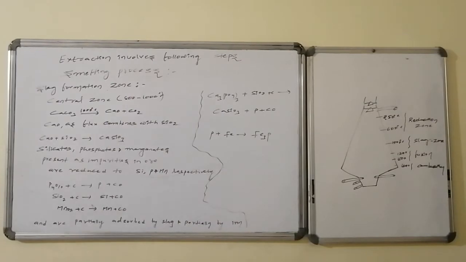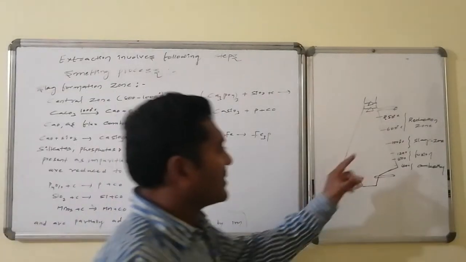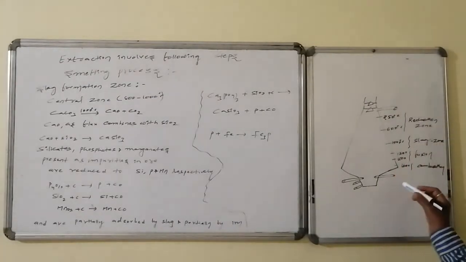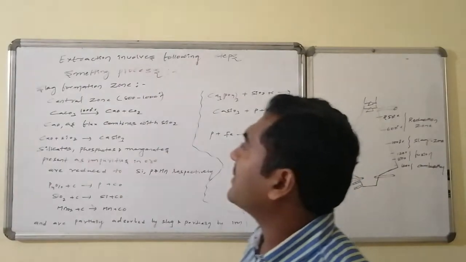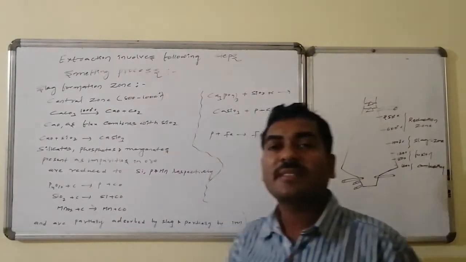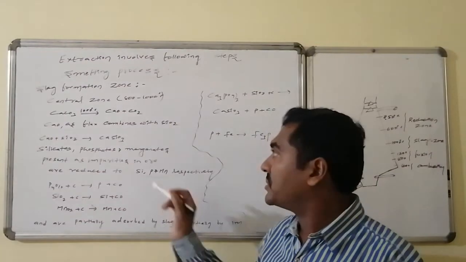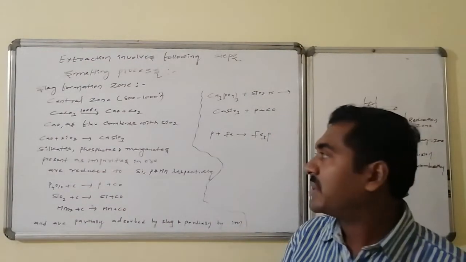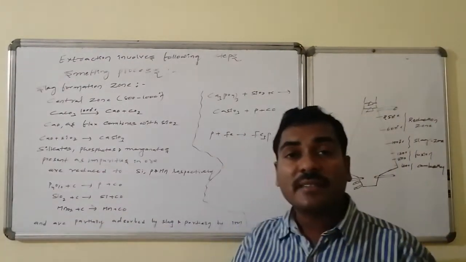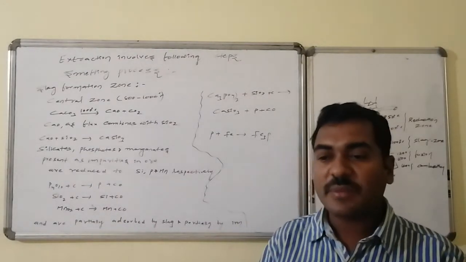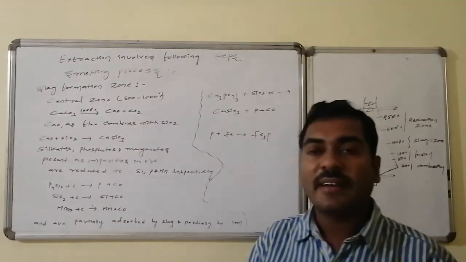Next one is the slag formation zone. It is the central part of the blast furnace, where the temperature maintained is almost 1000 degrees centigrade, that is 800 to 1000 degrees centigrade. Due to this high temperature, the calcium carbonate in the added charge is decomposed to calcium oxide and carbon dioxide. This calcium oxide formed acts as a flux for the adsorption of the silica-related impurities, that